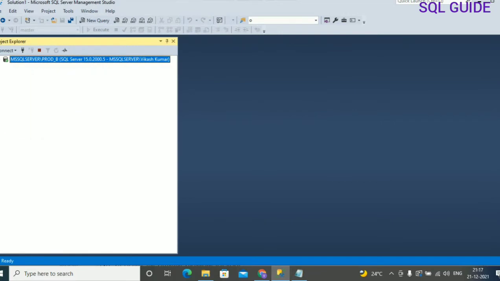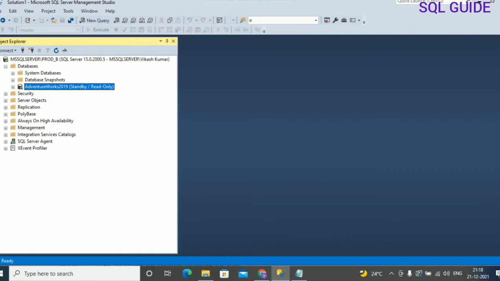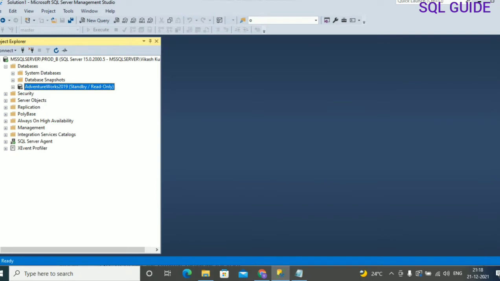You can see the log shipping secondary database AdventureWorks2019 on prod_b, and the requirement is to move the AdventureWorks2019 database files to some other drive.